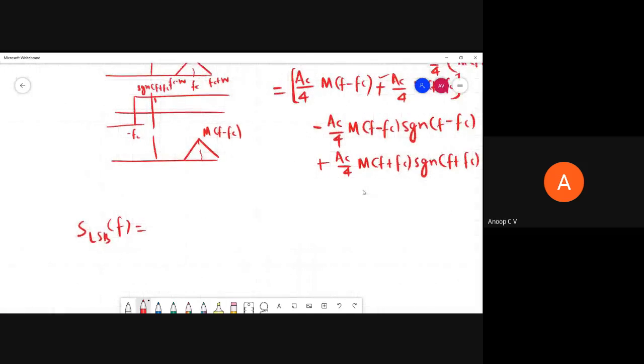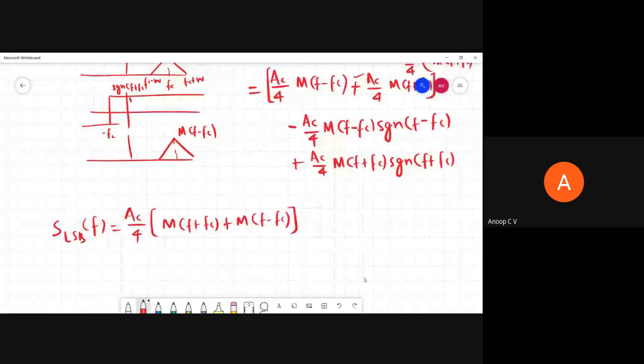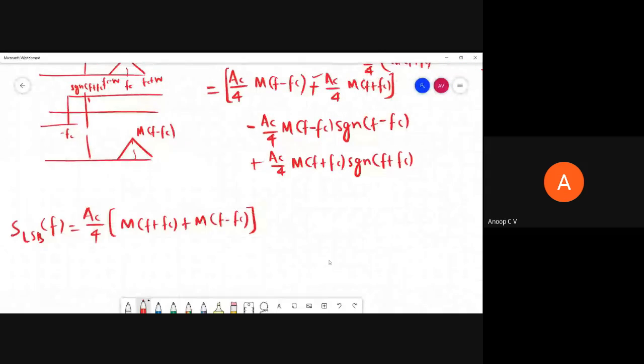I'll write AC by 4 times m of f plus fc plus m of f minus fc. Then what we have is AC by 4 into